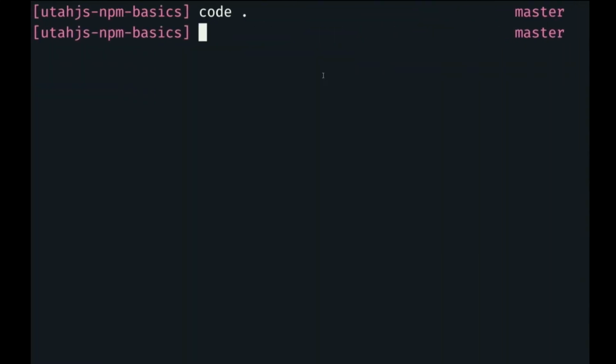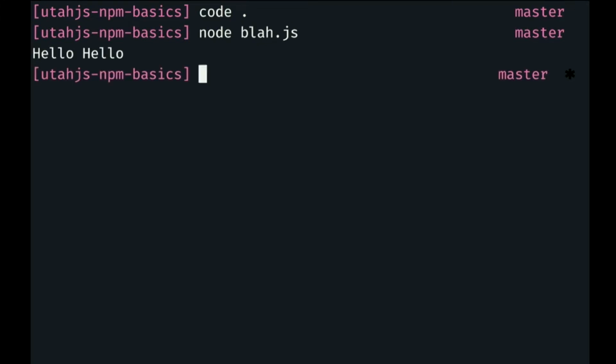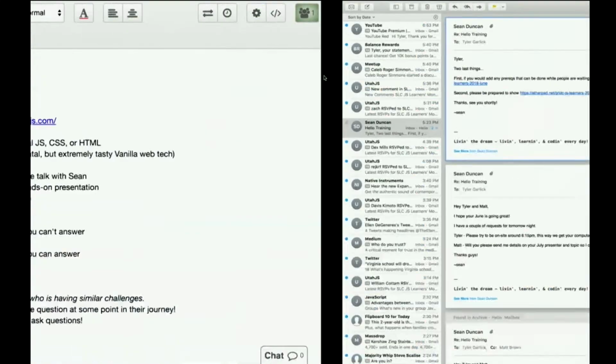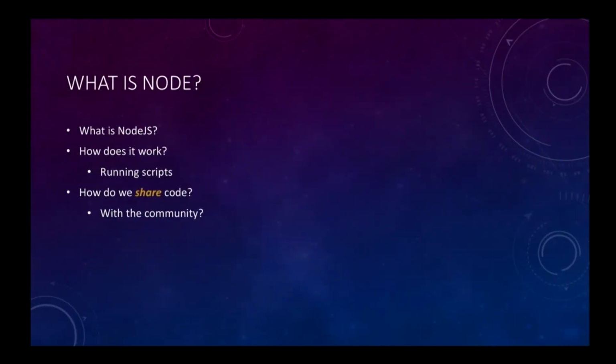Right? And it's cool because we can execute that function by saying blah.js inside of the file, right? And that allows us to write out code and modularize it and do all sorts of cool things. But I thought the talk was about NPM, right? So it is. And this is the point where we leave Node behind a little bit. We talk more about NPM. Okay? So I put up in my slides over here, wherever they are,